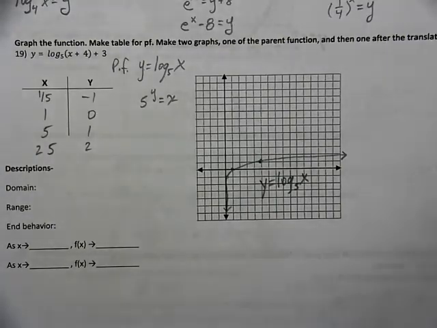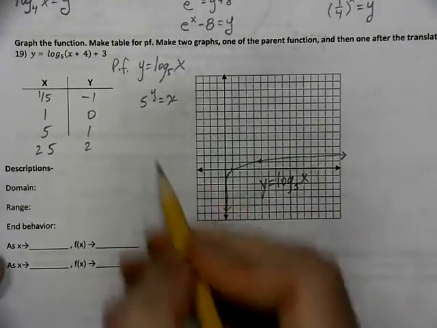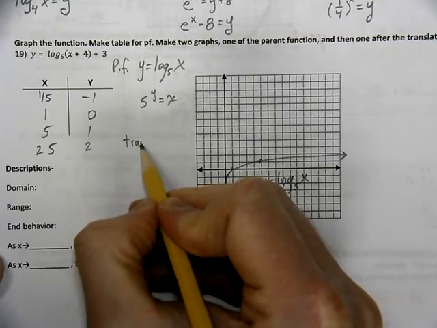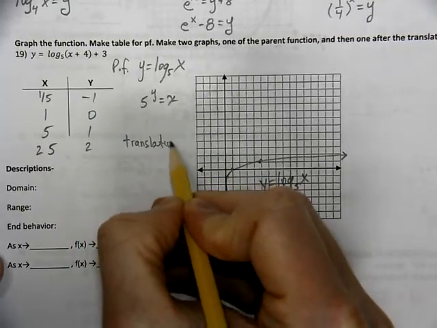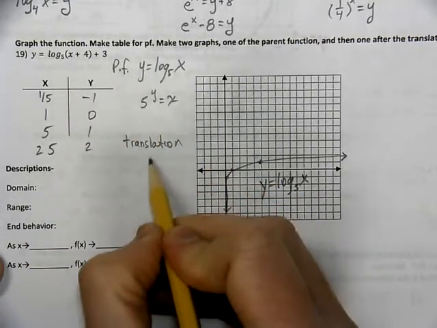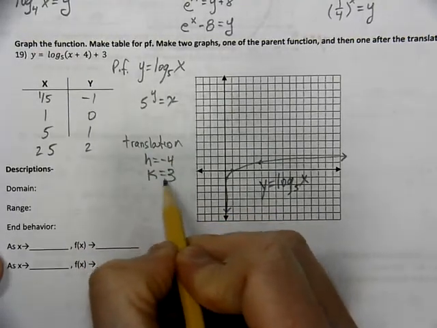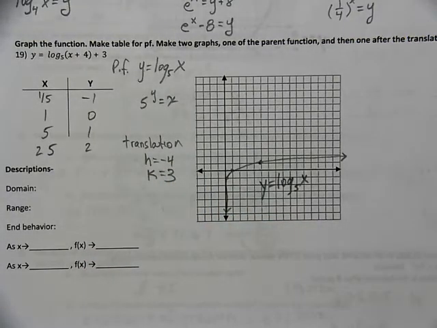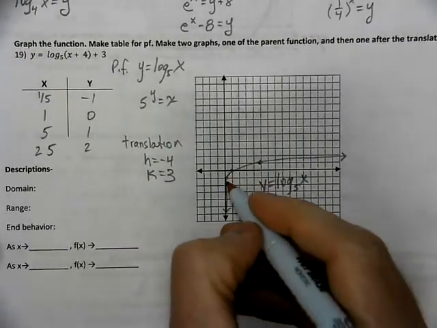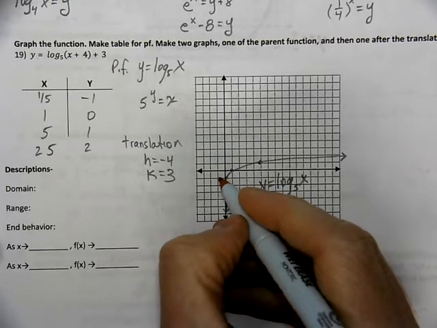So we're now looking at this equation. It has a translation. It is a translation where h is -4 and k is +3. So we're going to take all the values